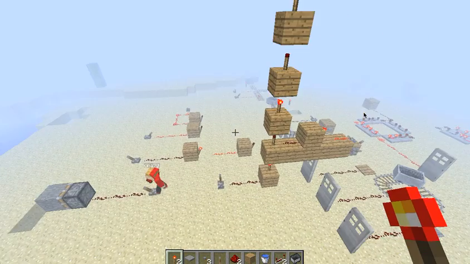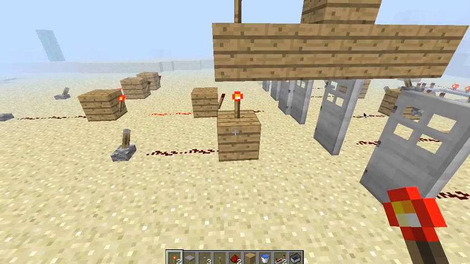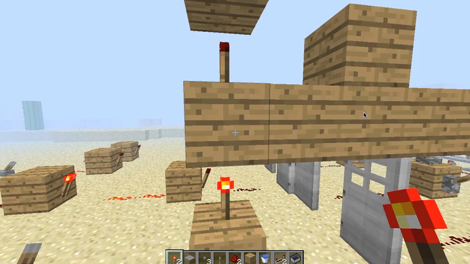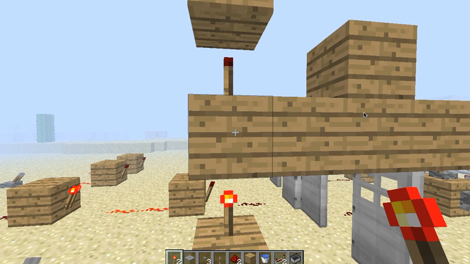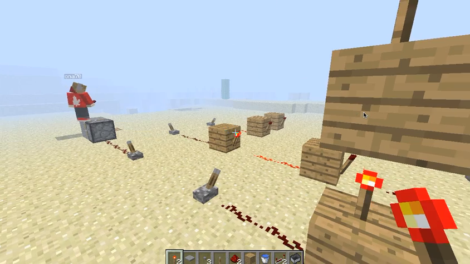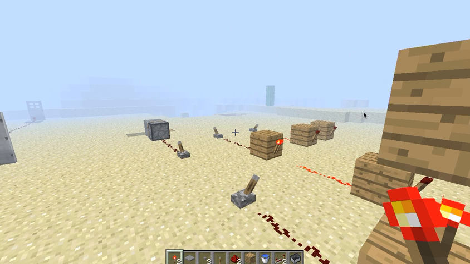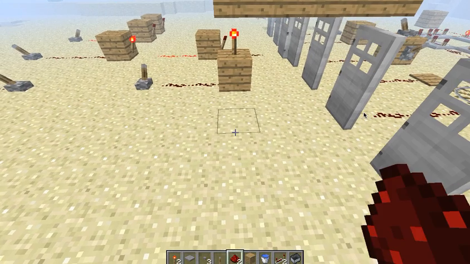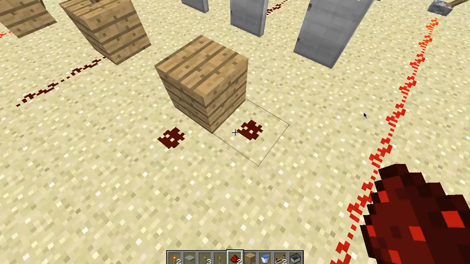Okay. And this works. Wait, just 1 second. This works because, like I said, with the inverter thing that kind of powers off this torch, a redstone current can be carried through a whole block. It doesn't work through glass, and I don't think chests do it either, do they? So if I built the same thing over here,